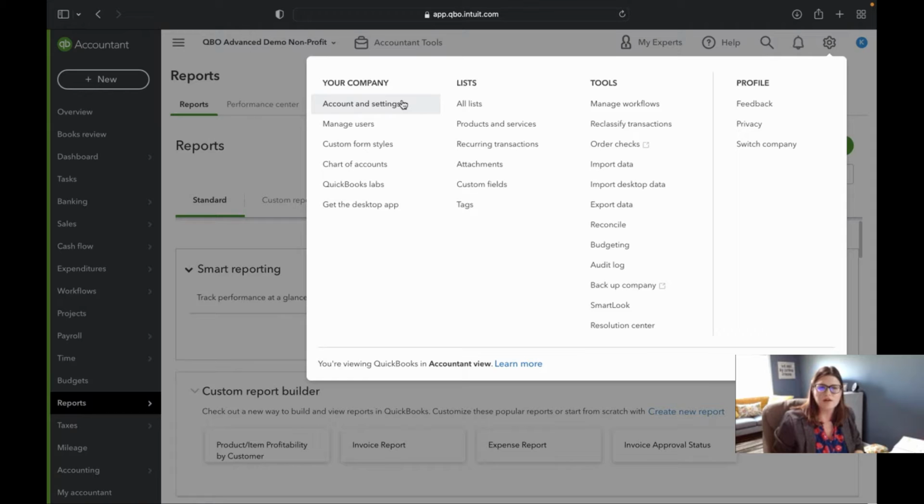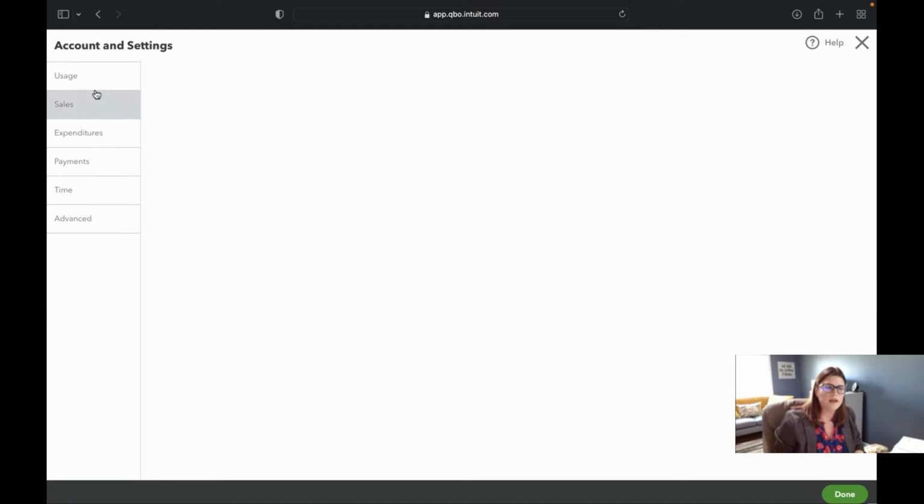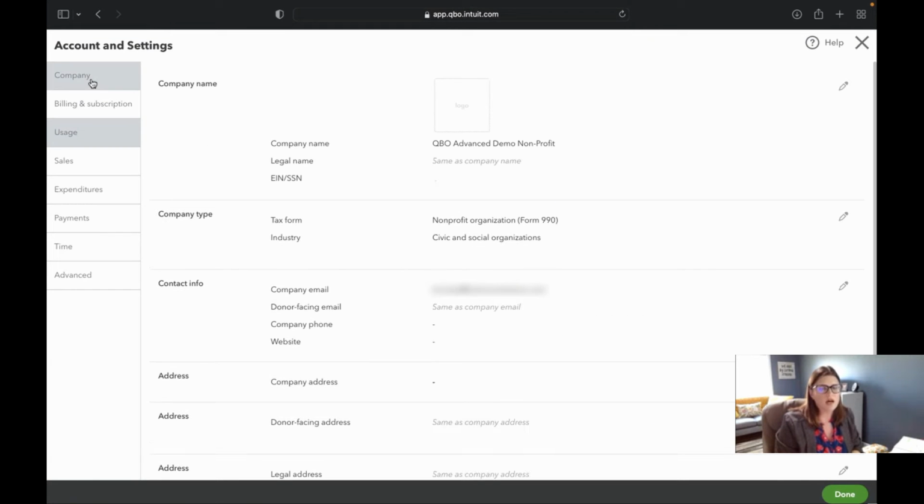So you can actually go over here to your account and settings. When you're setting up QuickBooks Online and you want to go to the nonprofit edition, is it incredibly important that you do this during the original setup? I believe it used to be, and I think it still is, where if you set it up as a regular company and then try to change it after it's open, I don't think it will let you. I think you have to do it when you're doing the opening screens, like welcome to Intuit or welcome to QuickBooks, pick your company. Make sure you choose nonprofit to get those names the way you want them.